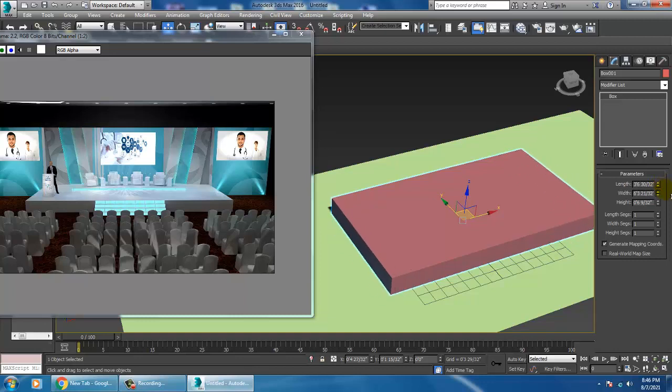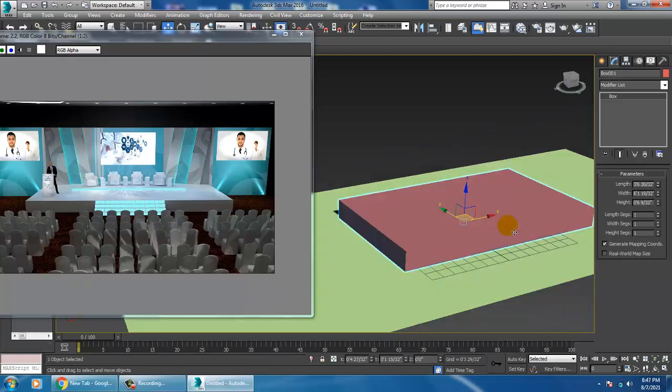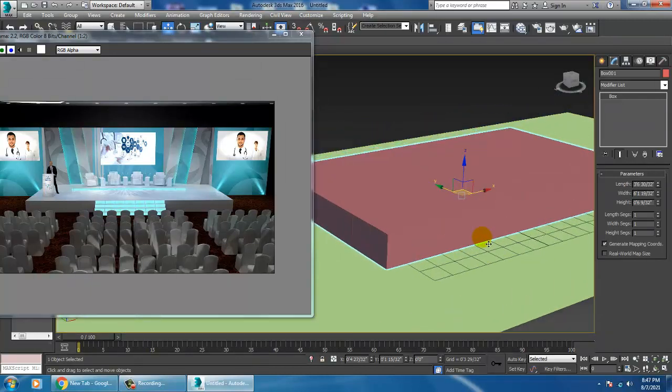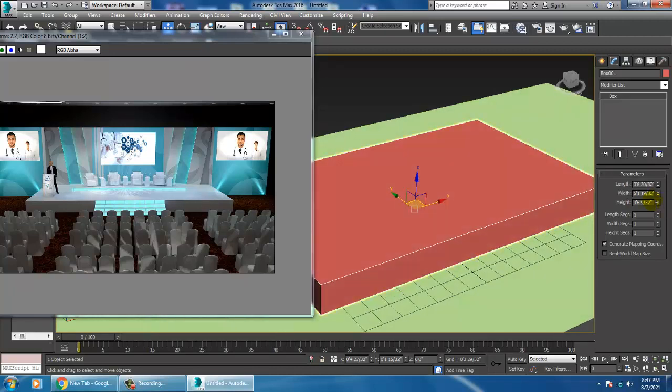What we'll be doing over here is, for the stage, how much width we can keep: around 50 to 60 feet.